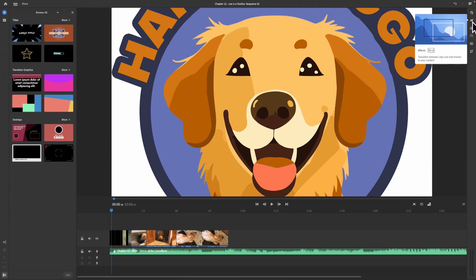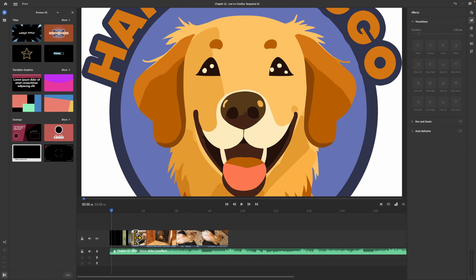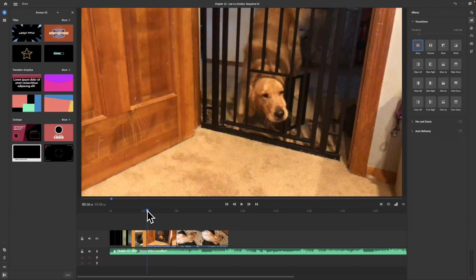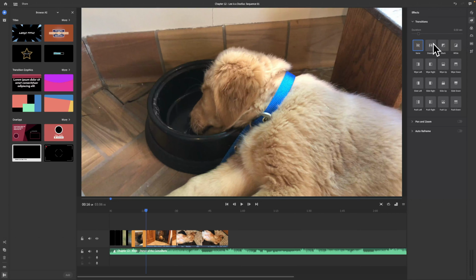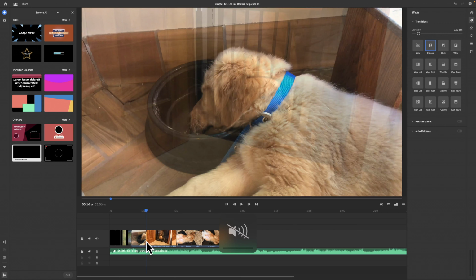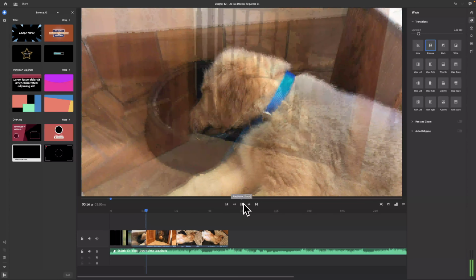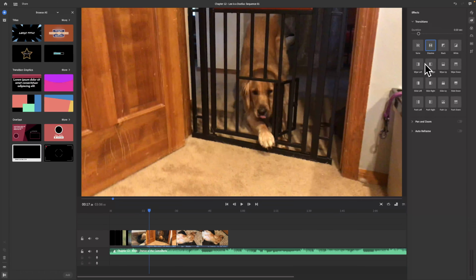We also have transitions. This is how things transition between each other in appearance. Like this snoring dog, and right now it just hard jumps to this other dog. If we drag down dissolve, I'm going to mute my computer so we don't hear everything while I'm running this. And we click play, we can see that it moves softly now between the two, or we could do